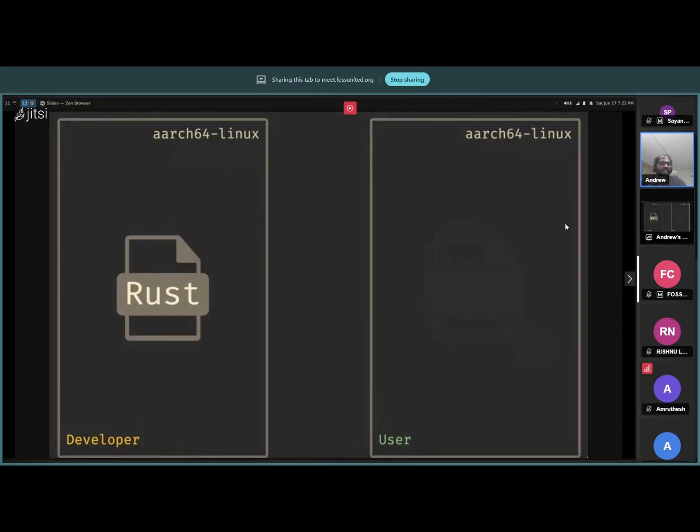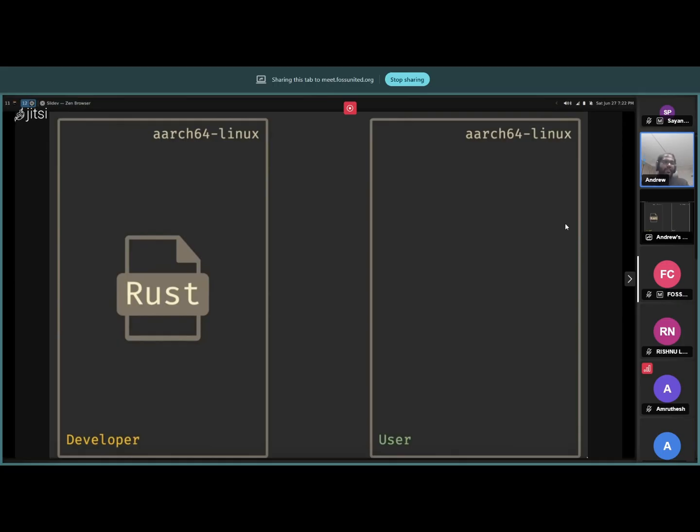So there's another approach that some Linux distros have basically taken up. If you are familiar with some Linux distros like Gentoo, generally in Linux, if you don't want to use a package manager and you want to install an open source project, what you usually do is download the source code, run make, compile it on your own machine, and then install it. So that is one approach we usually see.